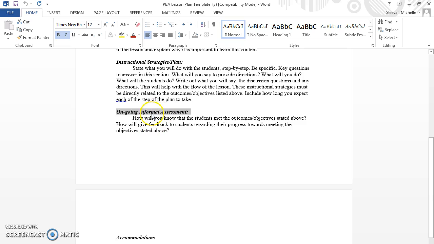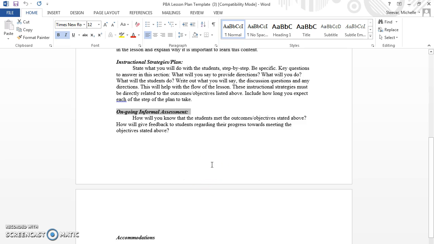Please pay attention to the fact that this is an informal assessment. I'm not expecting you to have the student fill out a worksheet or a quiz or a test. This is informal. You using your kid watching skills, or perhaps if you're introducing them to a strategy that you've scaffolded with a graphic organizer, that you've modeled it for them in the I do portion of the lesson plan, and then you've worked through one example together,